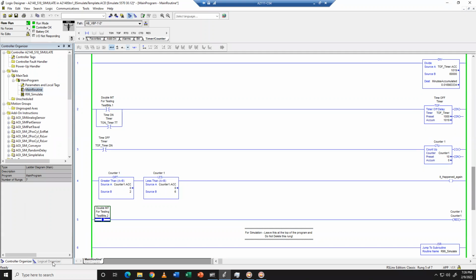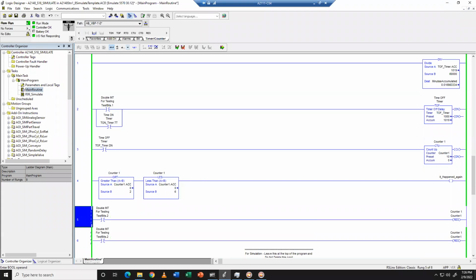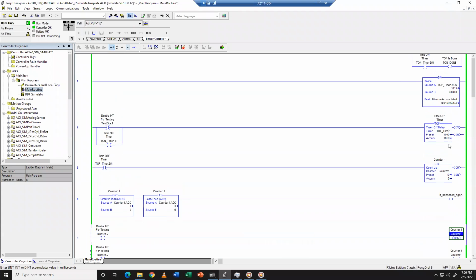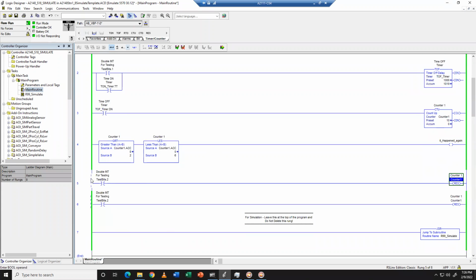You could risk just holding your counter at 0 forever. This reset will also work for timers. So if I were to point this at a retentive timer,